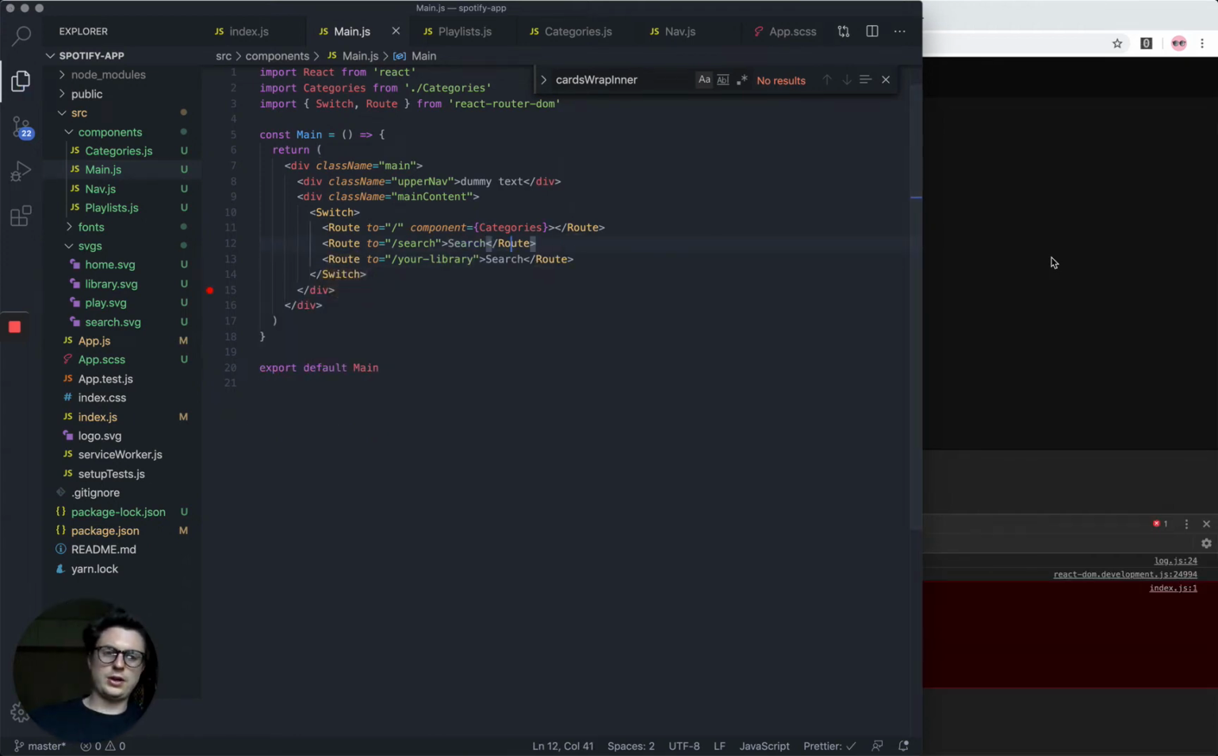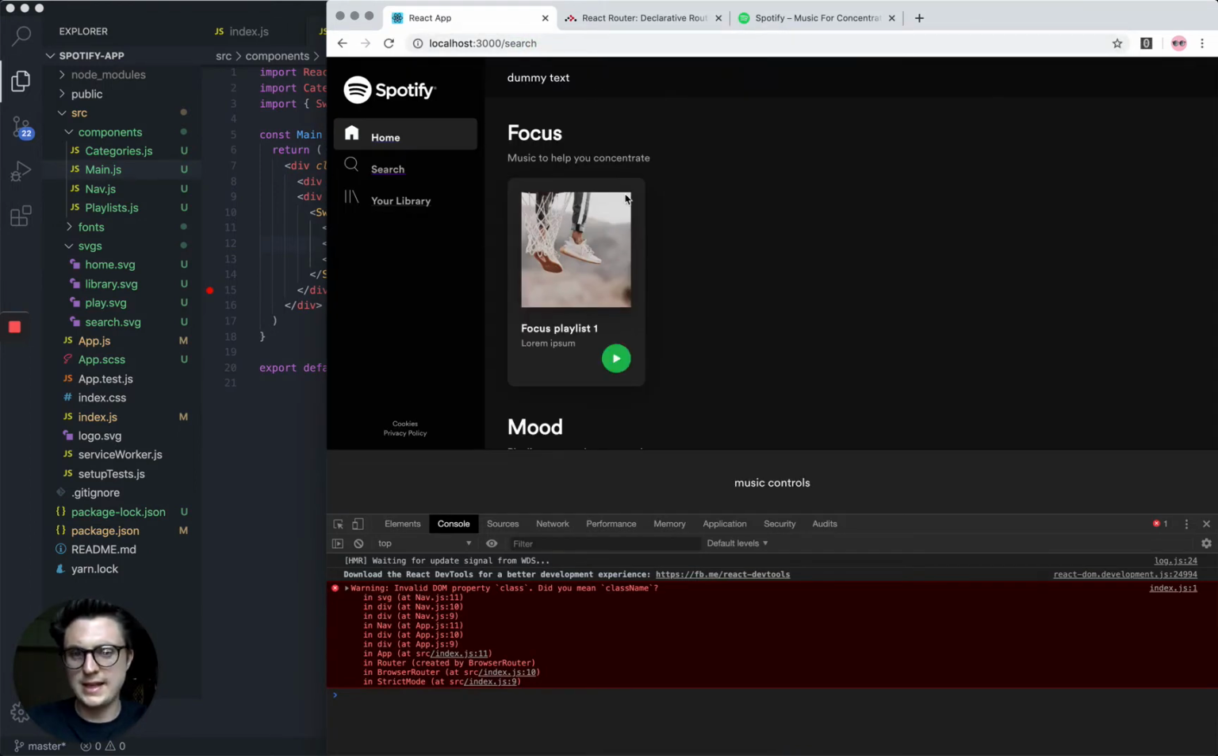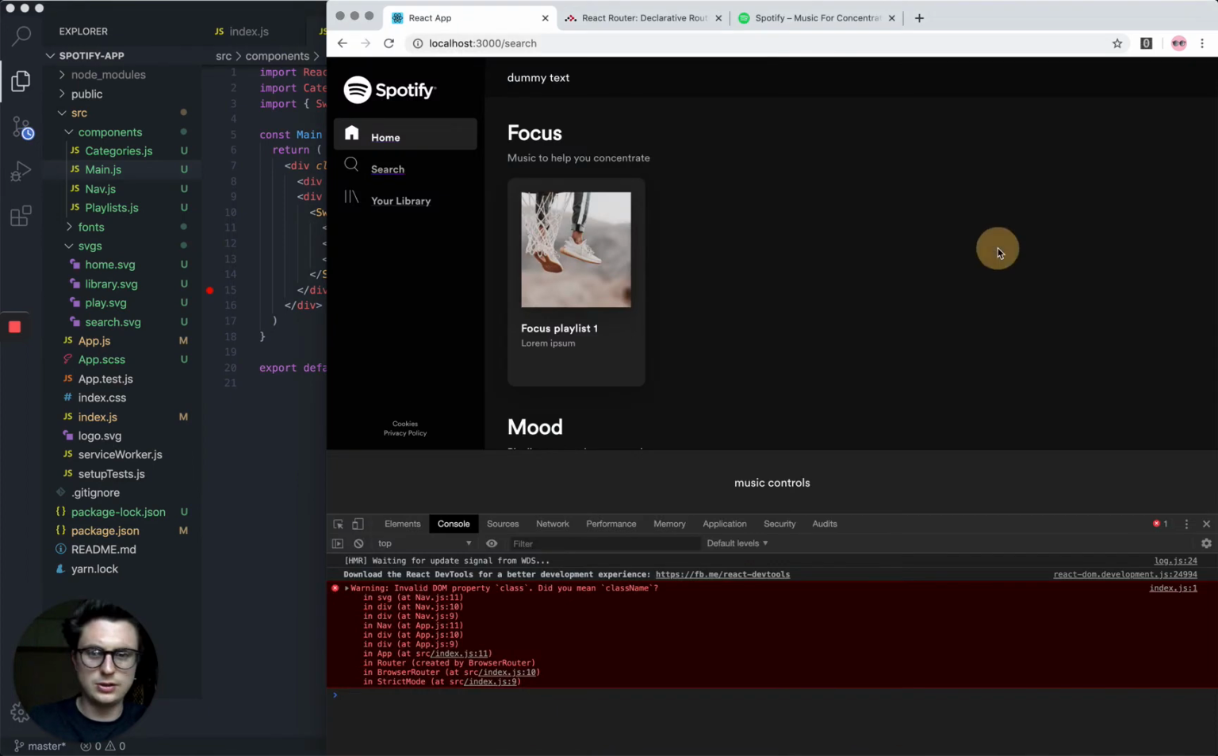And we're going to come into an issue here. If we go to /search, it's still going to show the categories, so the root directory, and that's because it's detecting the /, and then it's thinking it's got a match, and then it's just loading that directly. So what we want to do is say exact. So it'll explicitly have to be a / to go to /,